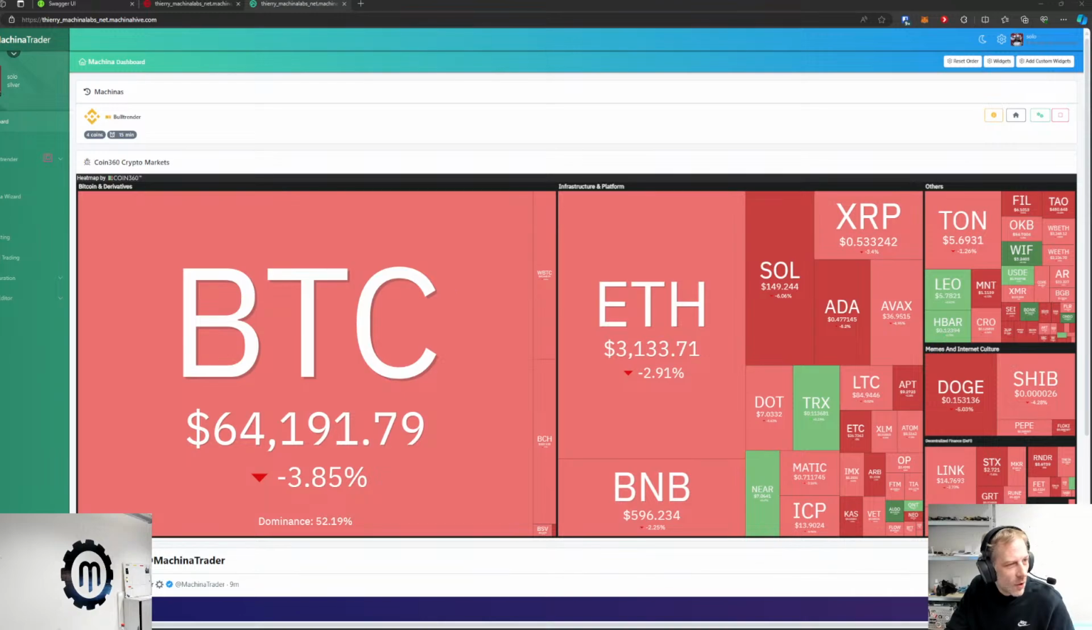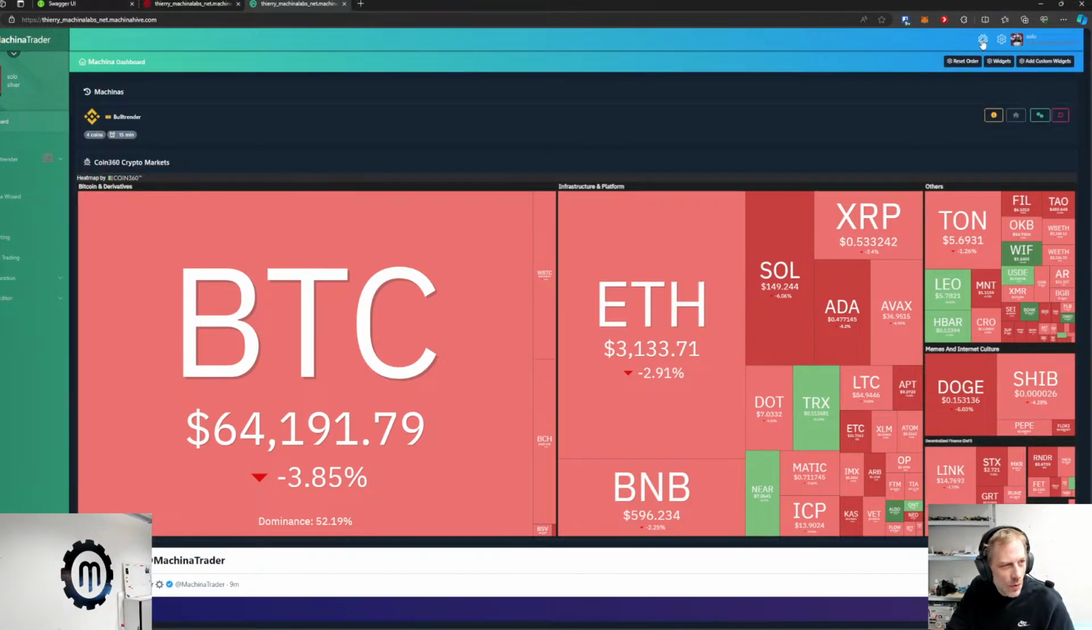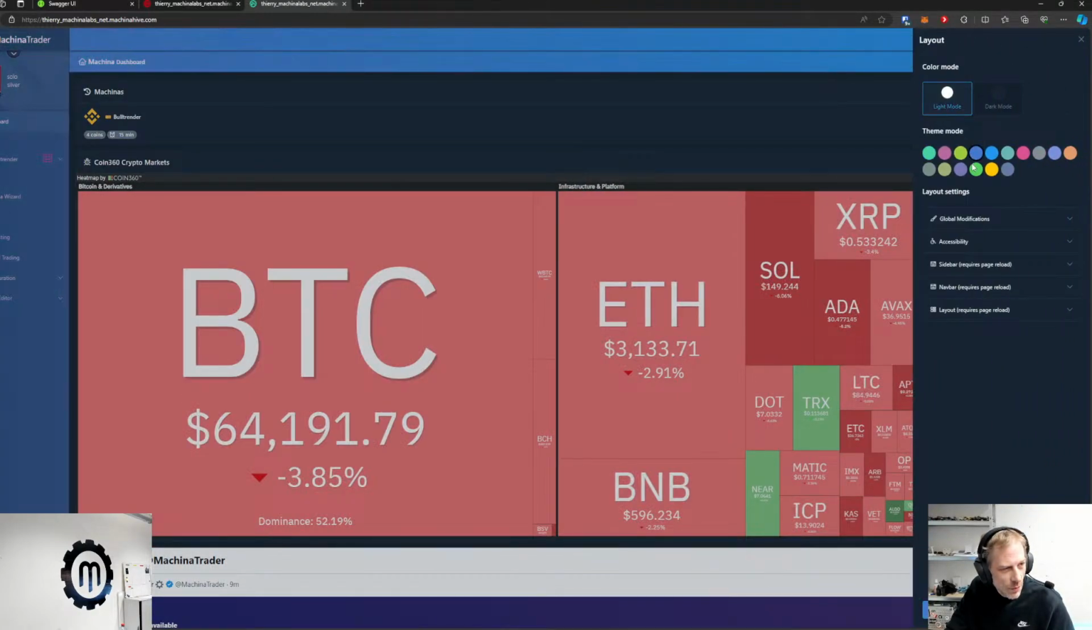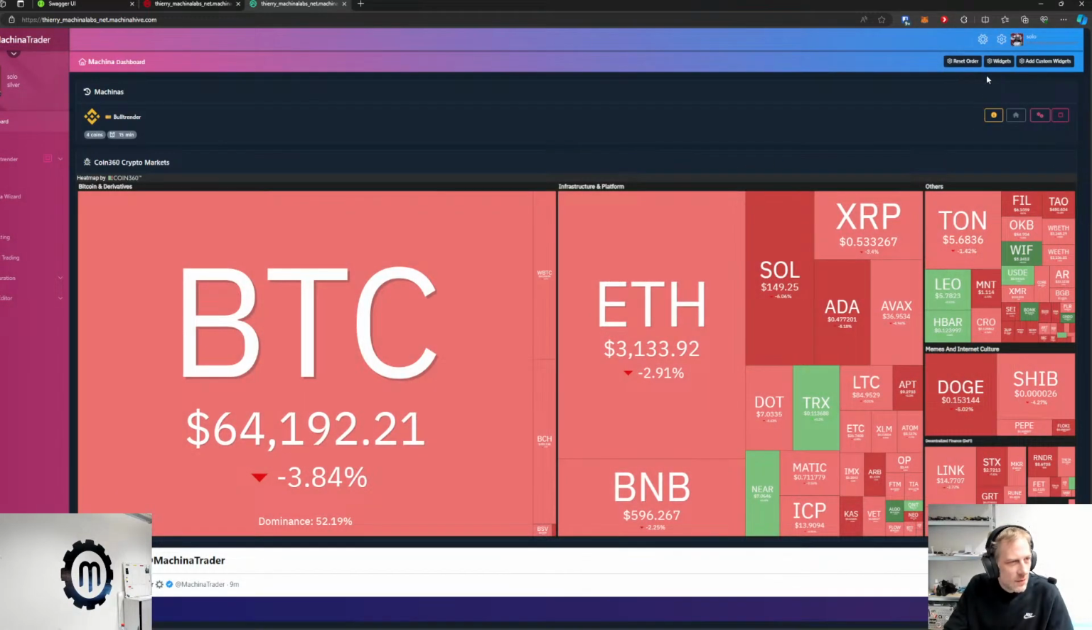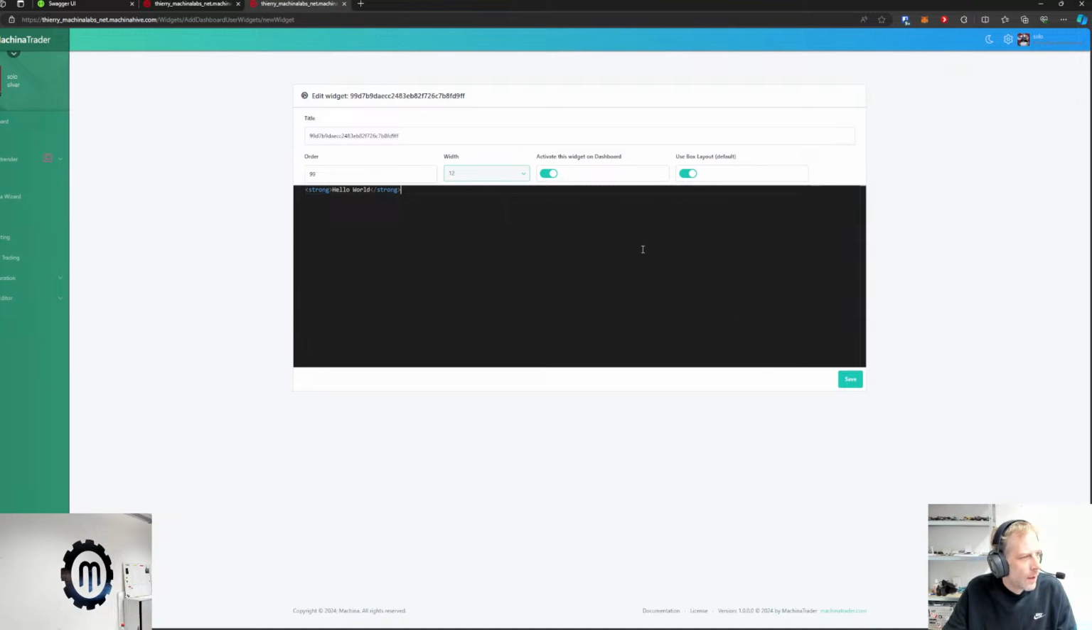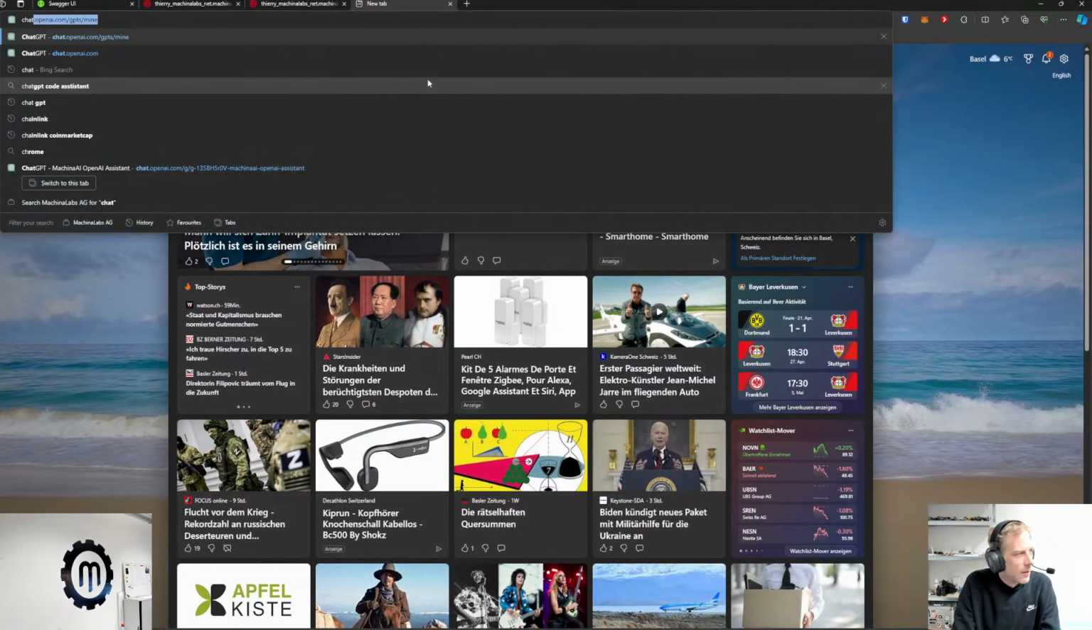You do have the option to customize this dashboard. That's not only, of course, day and night mode and the color, but of course also you have the option to add custom widgets. So you could copy different widgets or write your own widget code and add it here. As a quick example,